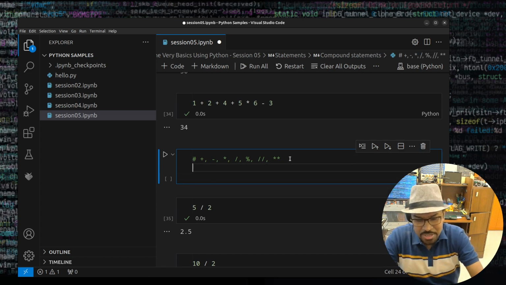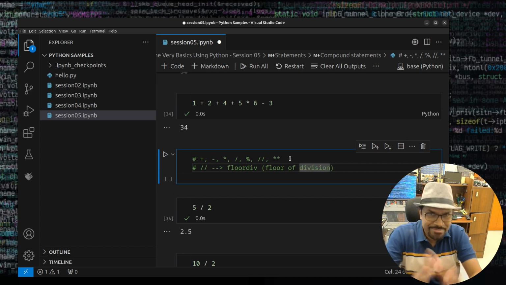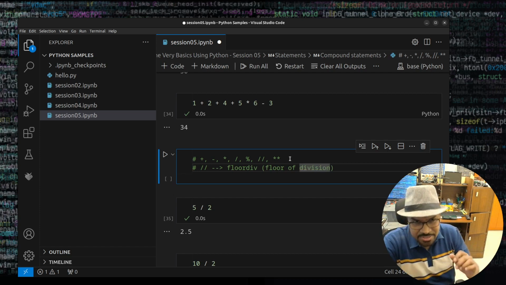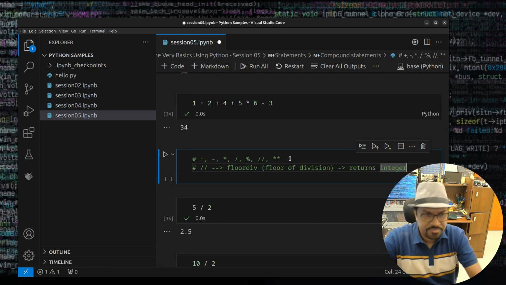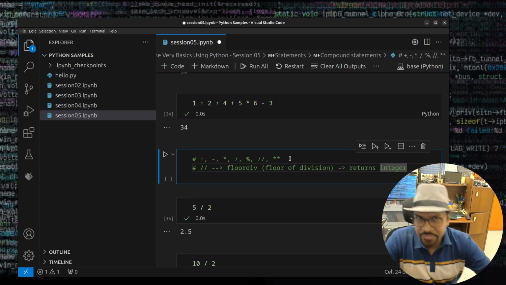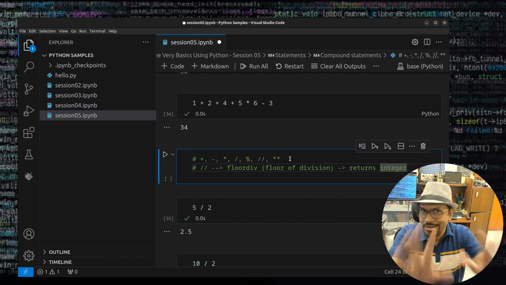So I'm just going to make a note here. // is called floor div, also called floor of division. The floor value after dividing numbers, that's the quotient, and the result is an integer. Returns integer